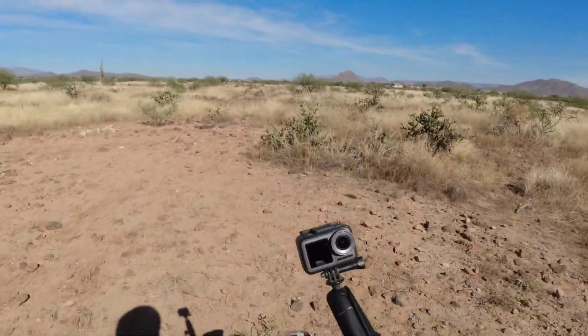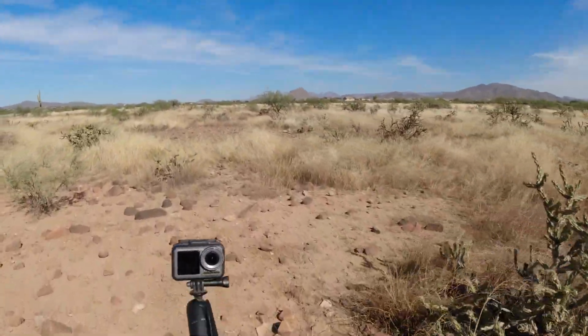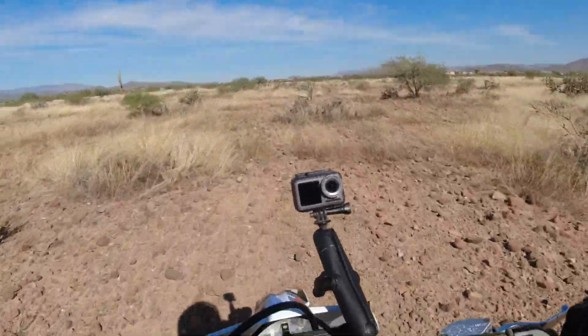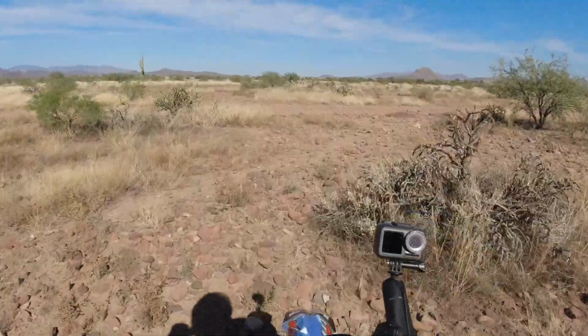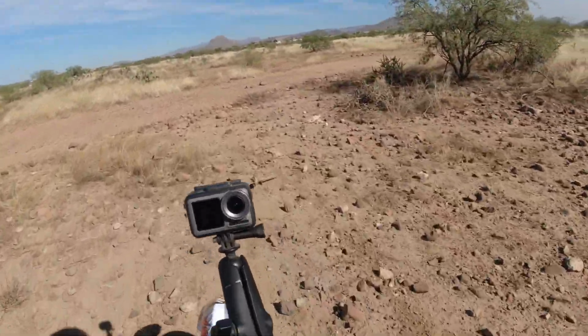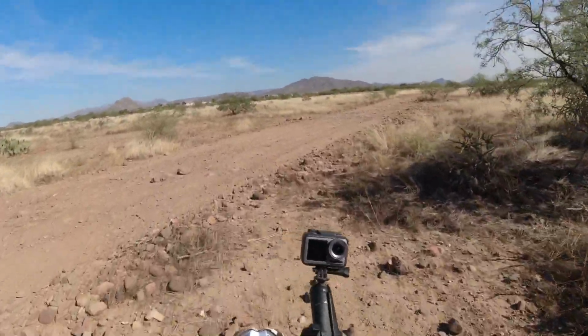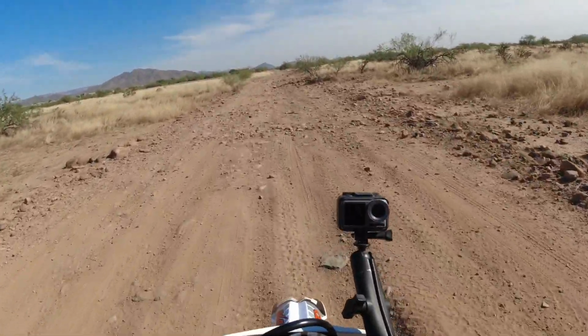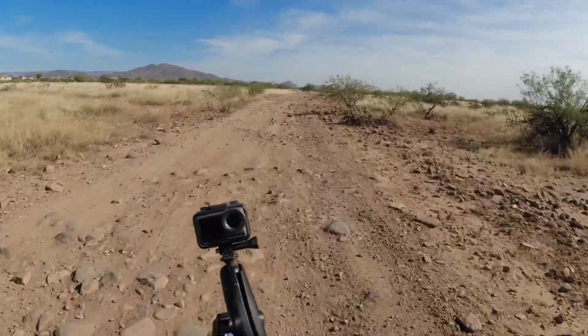Alright guys, so I've been out here about an hour on this 230. I've taken it through some two tracks, some single track, down to some sand, over some gnarly rocks out here in the desert. And I thought this was going to be a super mild-mannered trail bike. And while it is a trail bike, and while it is inexpensive, I'm really impressed with how well the suspension